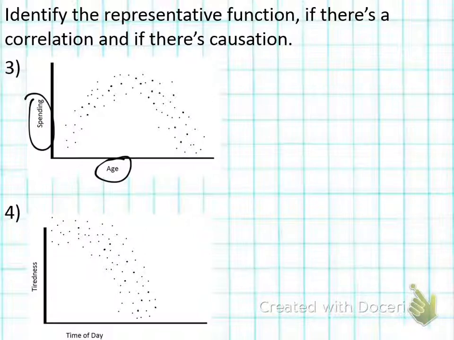So looking at this graph, is it linear, quadratic, or exponential? Quadratic, right? We could see that there's like a line that looks like, draw it, right? We could see that there's a vertex or a high point of where your spending's the highest. We could clearly see that when you're younger, you don't spend a lot. And what happens when you get really old?